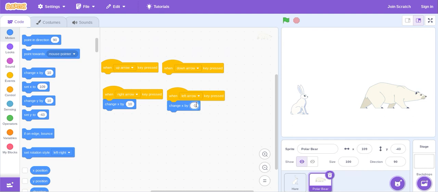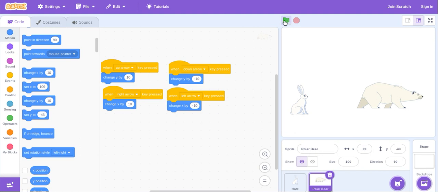I'll type -10, and then when the up arrow is pressed, change y by 10, change y by -10. I'll move it a bit here, change y by -10. So here, when I press the up arrow,